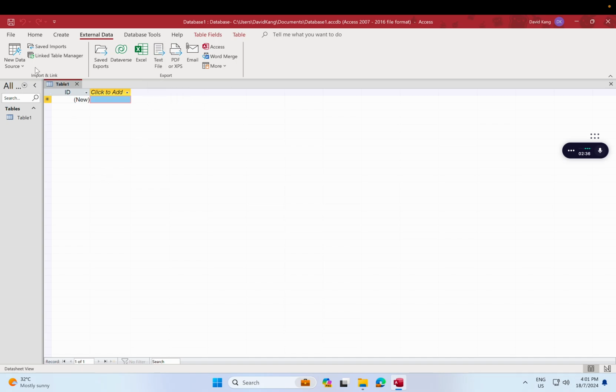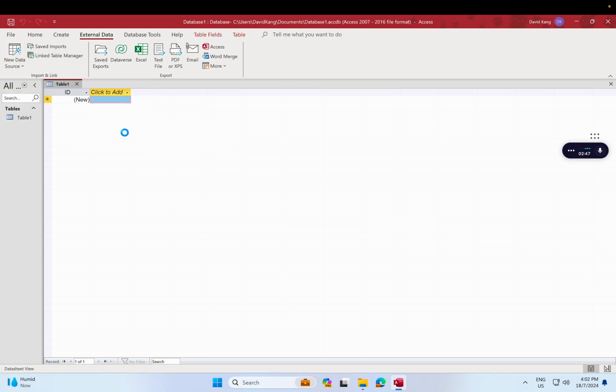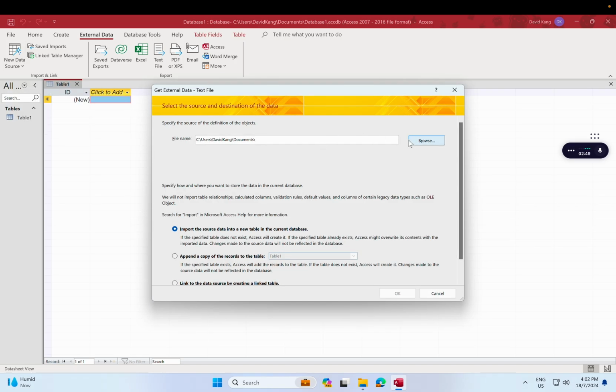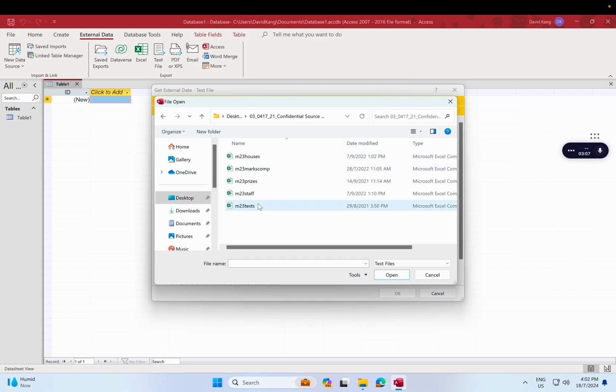Just go over to Import and Link, select New Data Source, and this is where you can see that the From File, Text File option will appear. Let's go ahead and select Text File and browse to wherever your source file is. Most of the time during the exams, your teachers or the examiner put it on the desktop. But if you download it from the internet, just go wherever you saved your file. I put this on the desktop, and I'm just going to go ahead and import